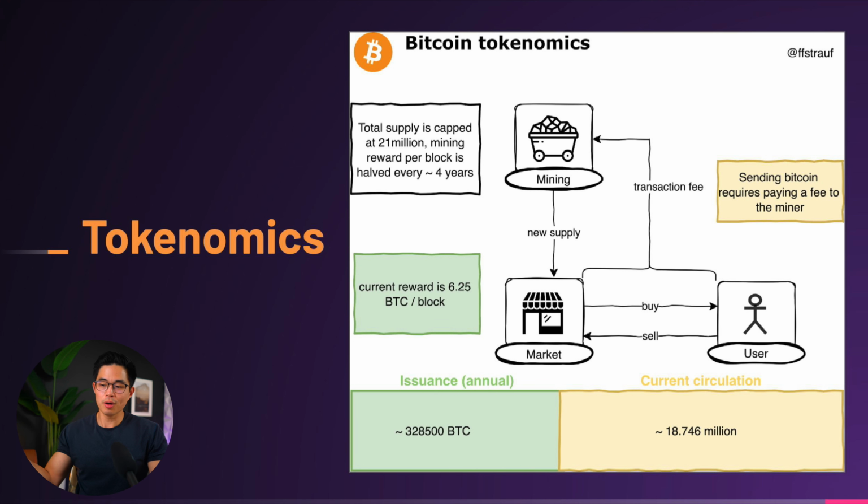So this is pretty much the whole design of Bitcoin, which sort of looks complicated, but it's actually pretty simple once you break it down. First, you have the total supply, which is capped at 21 million, and with the rewards being halved every 4 years, we probably won't see the final Bitcoin mined until, like I said, around the year 2140.